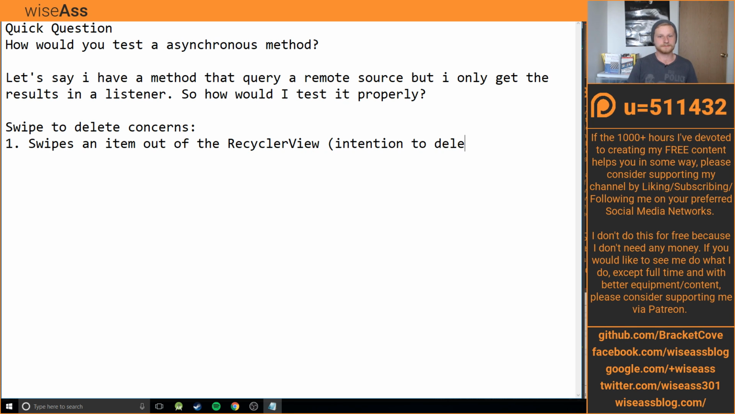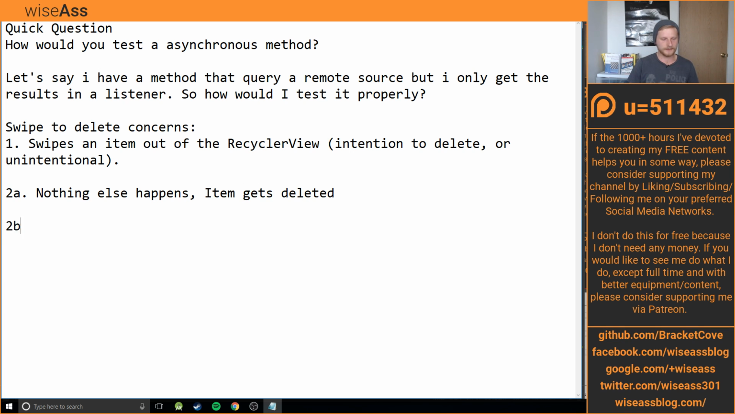Intention to delete, or accident, or unintentional. And then 2A would be nothing else happens, item gets deleted. 2B, user wishes to undo delete operation. So what I'm talking about here is when someone swipes an item out of the RecyclerView,